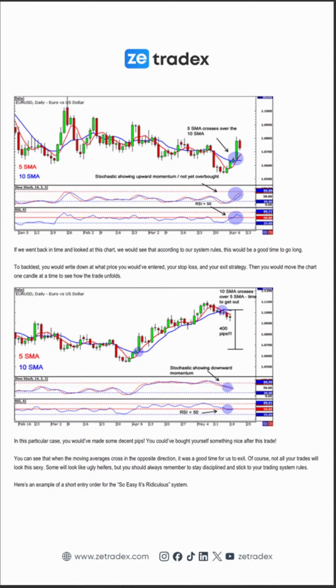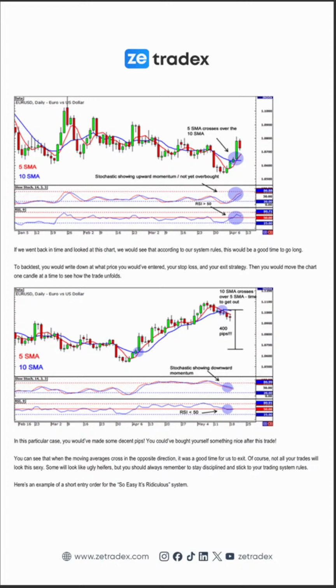Now, we have a chart on Euro USD, the daily time frame. We can see that the stochastic is showing upward momentum, not yet overbought, still at the period of ranging. We have our 5 SMA crossing over the 10 SMA. Now, if we went back in time and looked at the chart from, let's say, where we had a series of